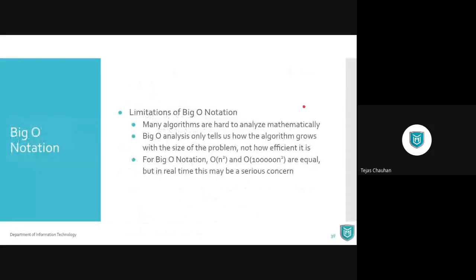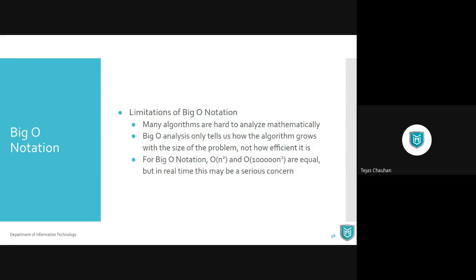Right? So now that's a function. Now how do we define the notation, big O notation? It is simply the order of, this is how we read it. Big O notation is read as order of n square, or we can say order of 1 lakh n square. That's how we read. But when we say big O notation, it is just the upper bound, and it is only focusing on the growth rate.